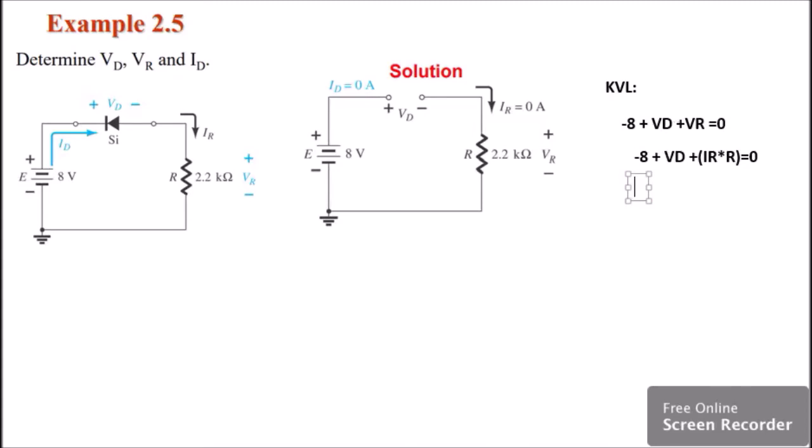Copy again. So, we have negative 8, our VD, still no VD value, plus your IR is 0, 0 times R is 2.2